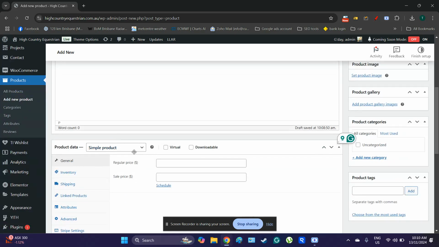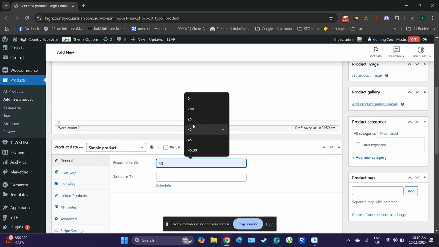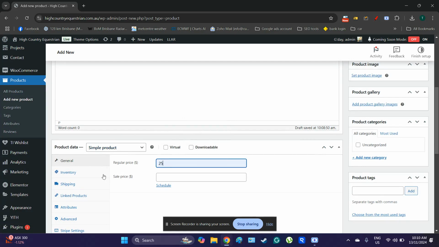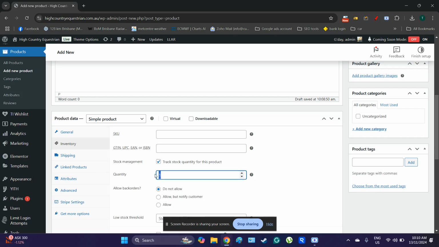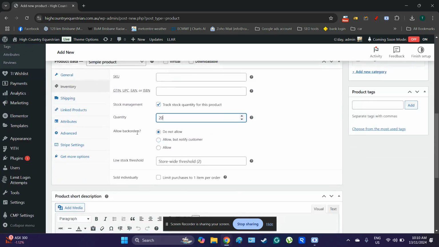So to create a simple product, this is just one without variations, you just put in a price, and then you can have stock management. So if you've got a certain amount of stock, you can click that and say you've got 20 available, you can put in 20. And then once that stock has run out,